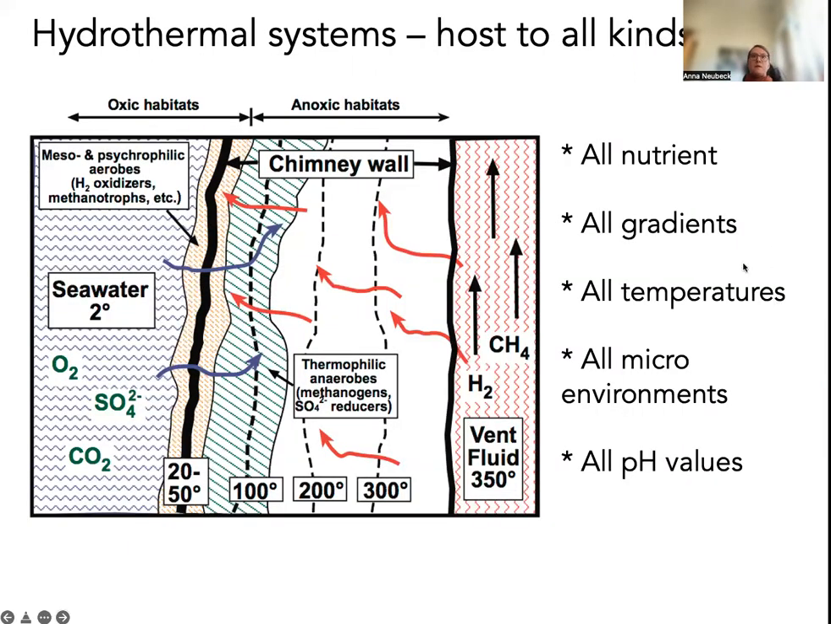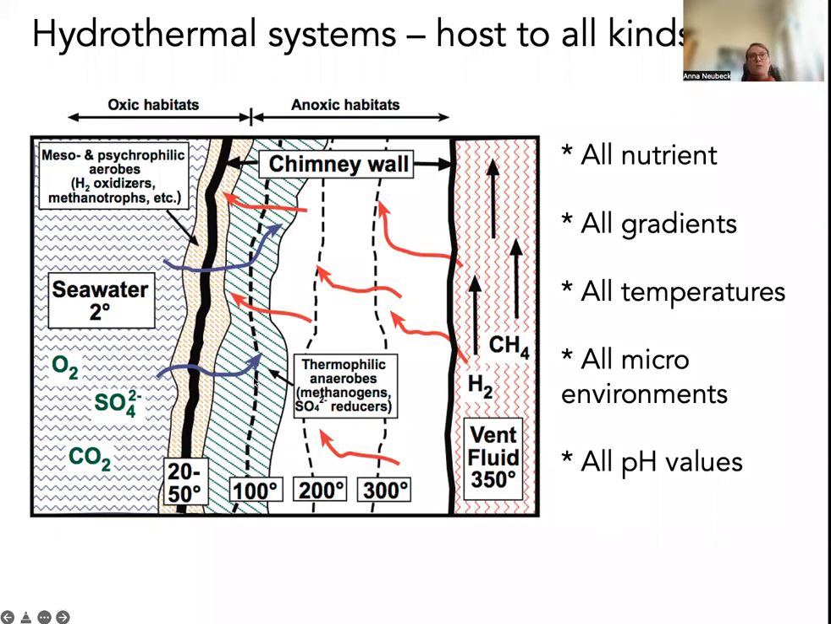And this is an image showing approximately how a chimney wall of a black smoker looks like. So you have the vent fluids coming up here from the chimney, and these fluids are of very high temperature, and you have a temperature gradient going from 350 degrees down to 2+ degrees water in the ocean water. And you also have all kinds of gradients, nutrient gradients going from the vent fluids into the seawater,